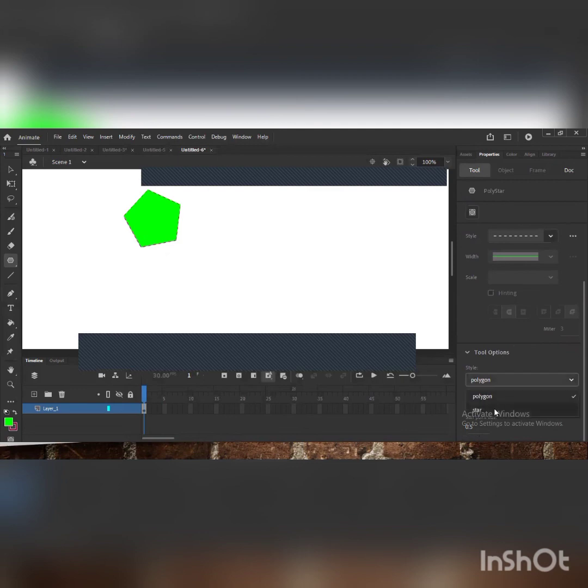One is polygon, the second one is star. We are making a polygon. How many sides do you want to take? I am taking 9 sides. So when you draw your polygon, you can look at how many sides are here.